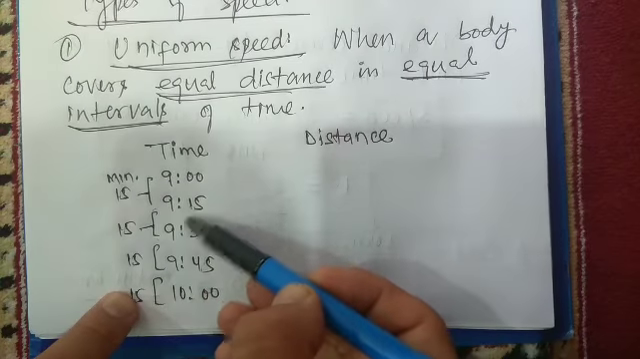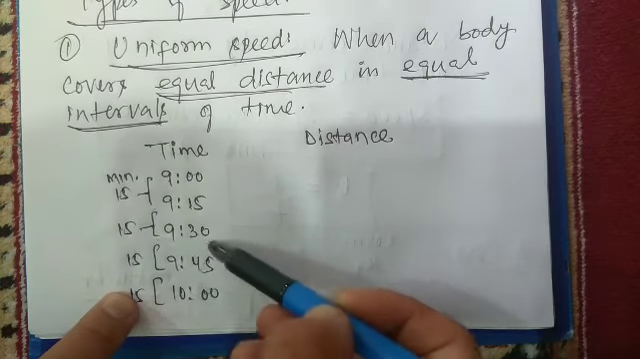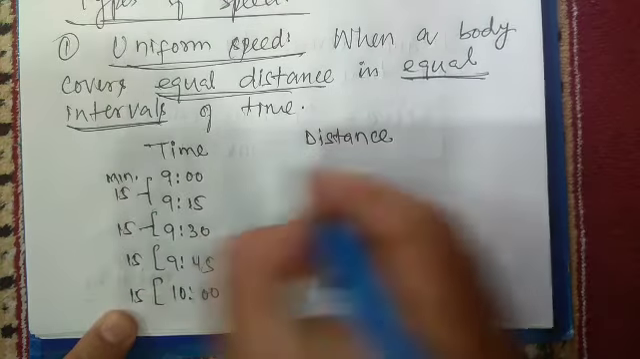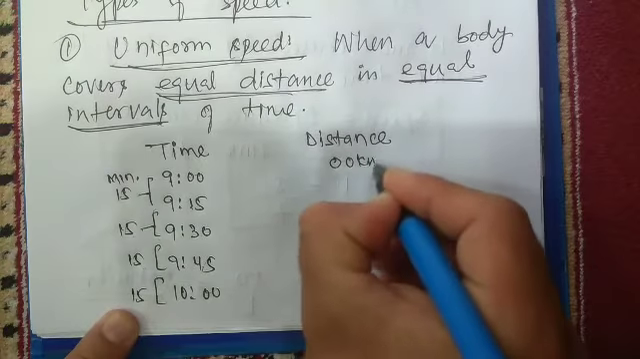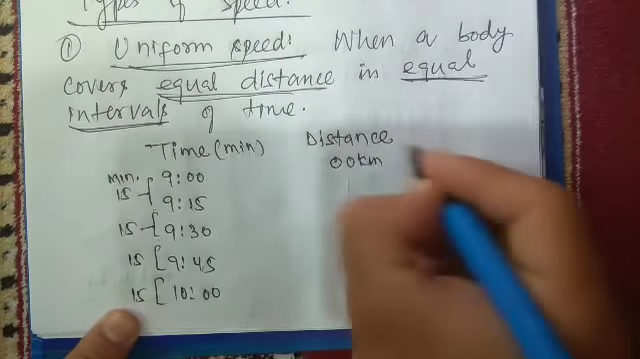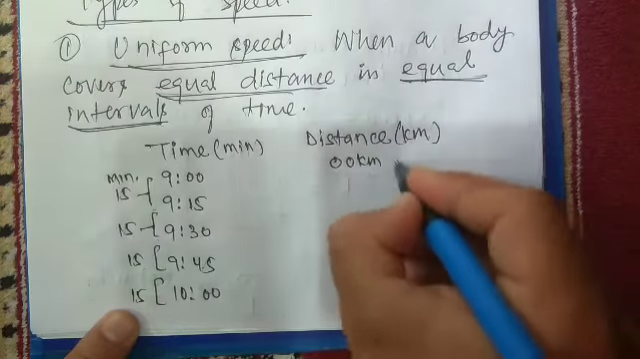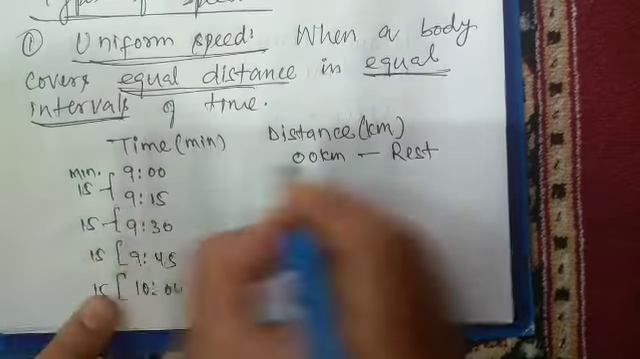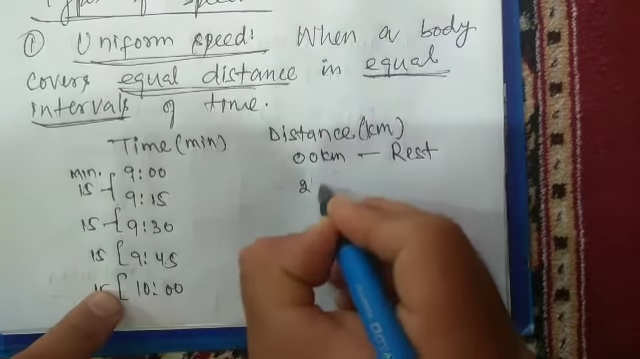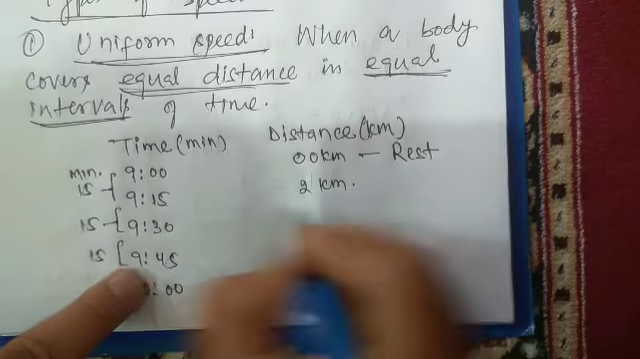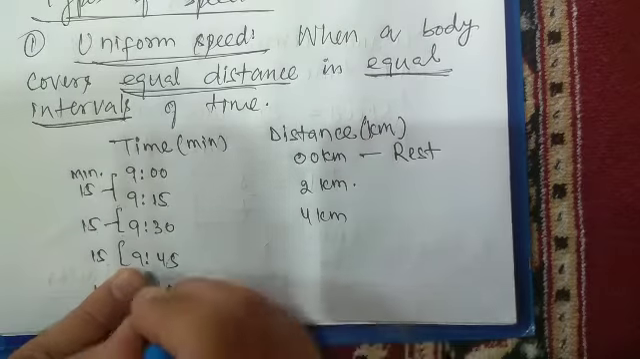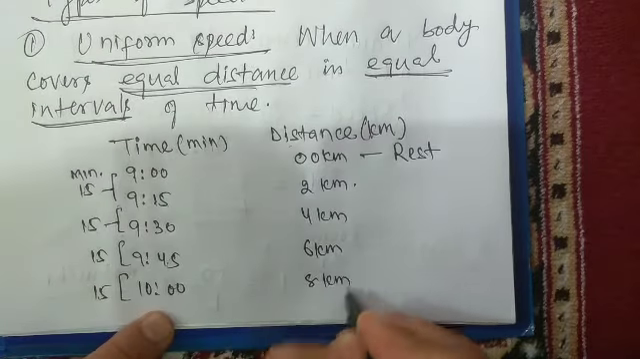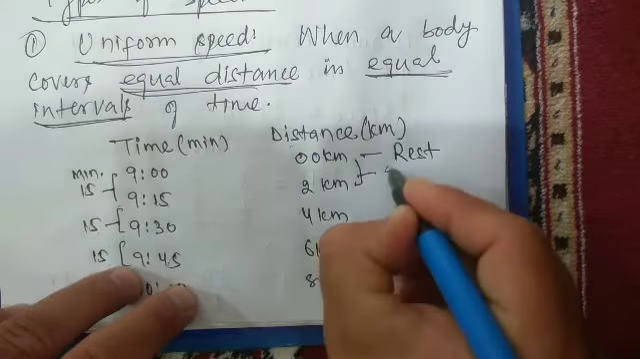9 से 9:15 तक 15 मिनट, 9:15 से 9:30 तक और 15 मिनट, 9:30 से 9:45 तक 15 मिनट, 9:45 से 10 बजे तक 15 मिनट। अब ये डिस्टेंस यहाँ पे 0 किलोमीटर्स, इट्स इन किलोमीटर्स डिस्टेंस। 0 मतलब द बॉडी इज एट रेस्ट, मूव नहीं कर रही है। इसके बाद 15 मिनट पे इट हैड मूव्ड 2 किलोमीटर्स। 9:30 पे 4 किलोमीटर्स, 9:45 पे 6 किलोमीटर्स, और यहाँ पे 8 किलोमीटर्स इसने मूव किया।